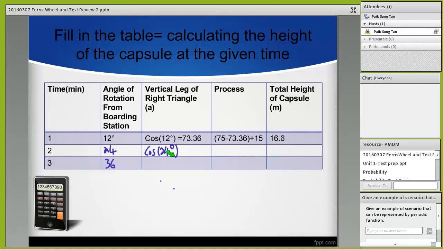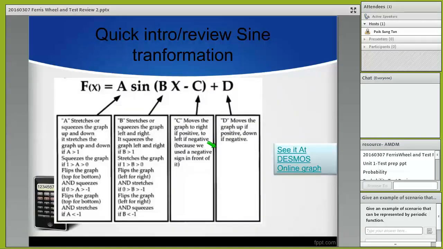and then you use the same process. You get 75. Subtract your answer that you got. Okay, then plus 15. And using this process, you should be able to get all the answers on the table that is already shown in the